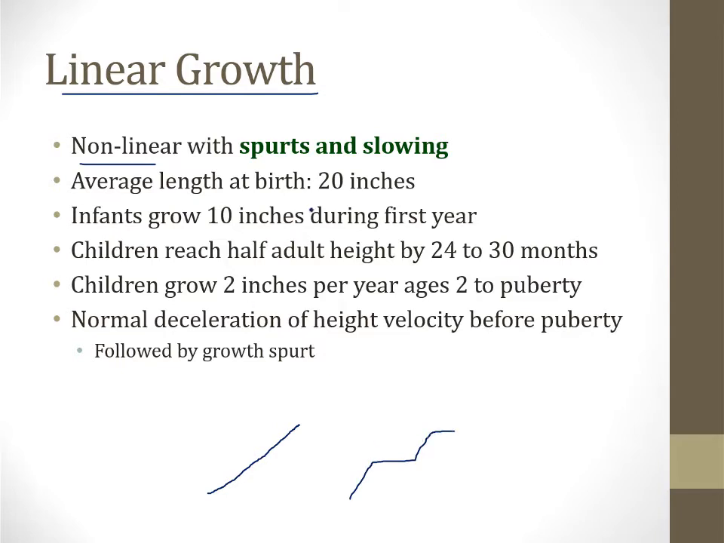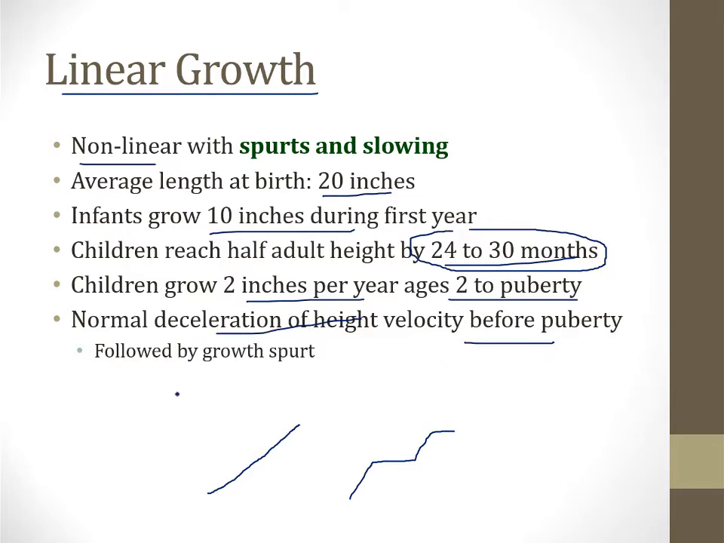The average length of a baby at birth is 20 inches, but infants grow 10 inches during their first year of life, so that's a 50% increase in their length. Children reach half of their adult height by 24 to 30 months. So a 2 to 3-year-old child is going to be half the height it will ultimately be as an adult. Children grow 2 inches per year from age 2 to puberty. You don't have to know these exact numbers. I'm just giving you a range here. And then there's a normal deceleration of height velocity right before puberty, followed by a growth spurt. So many children don't gain much height in the year or two before puberty, and then they gain a lot